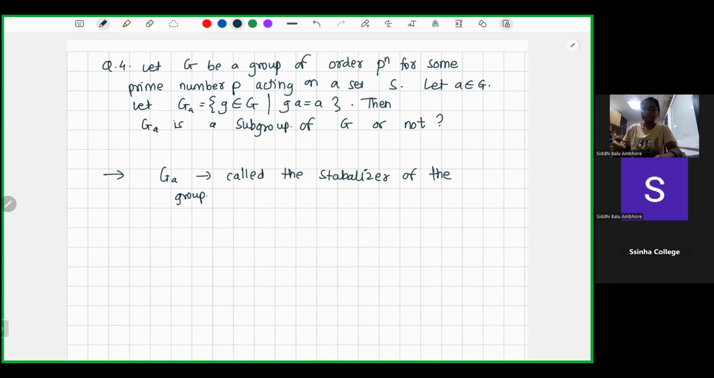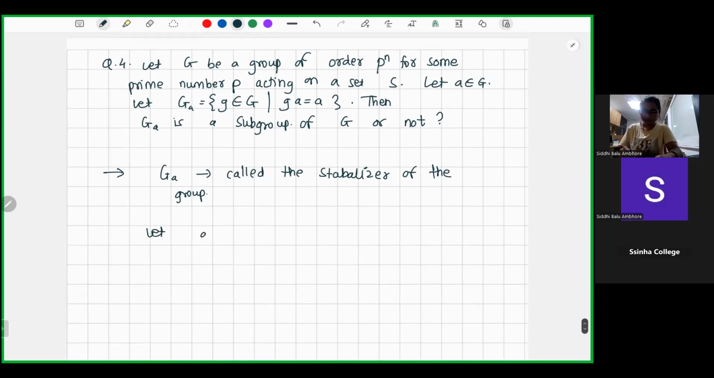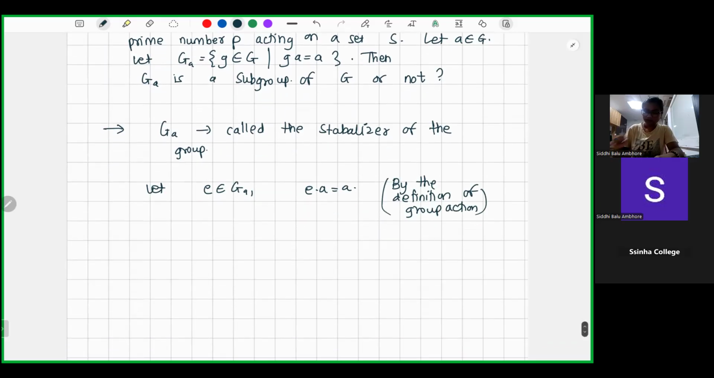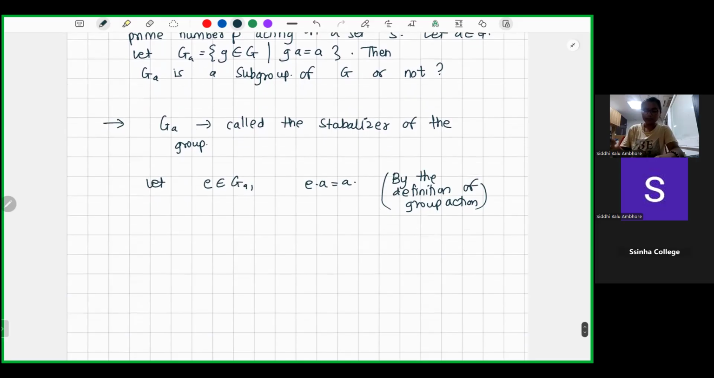So we have to check whether it is a subgroup. First of all, we have to check whether identity belongs there or not. So E definitely belongs to GA because we know that under any group action, E into A is A by the definition of group action. Okay, and now we have to check for all G, H in G whether